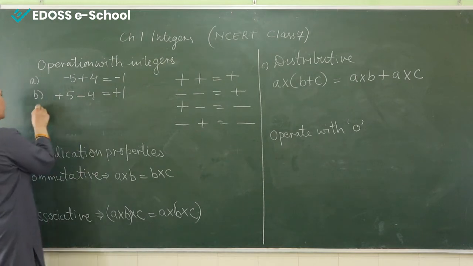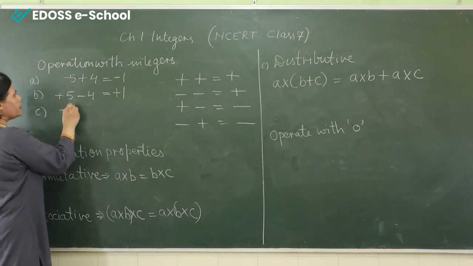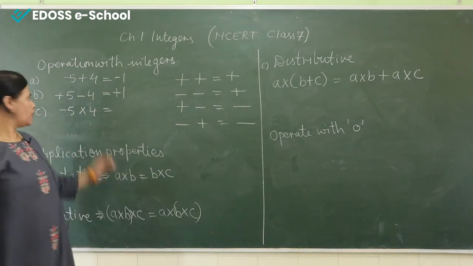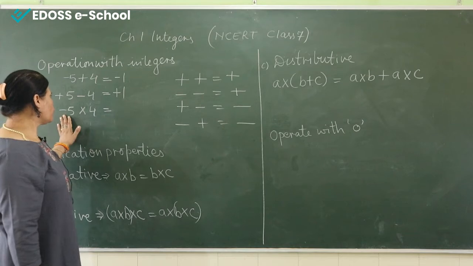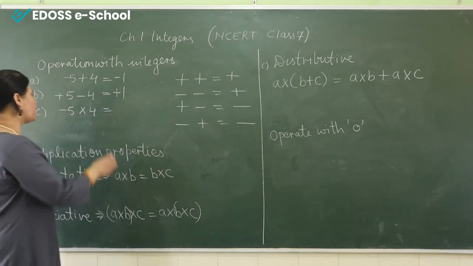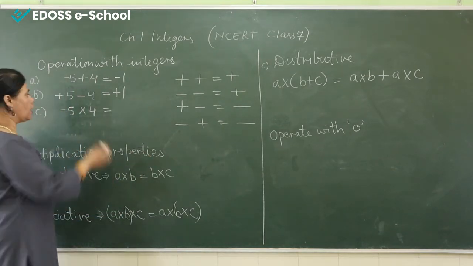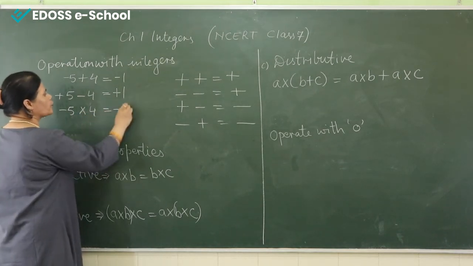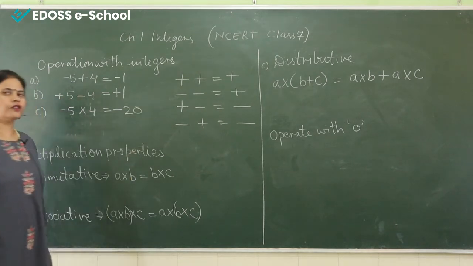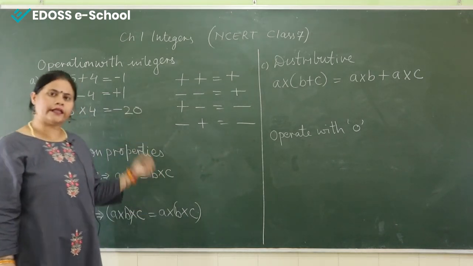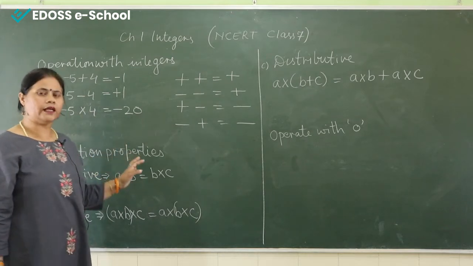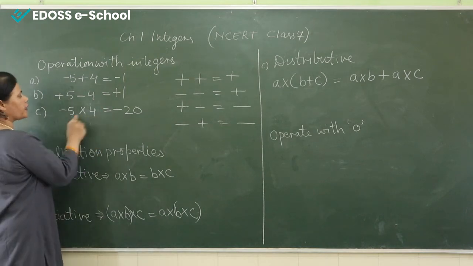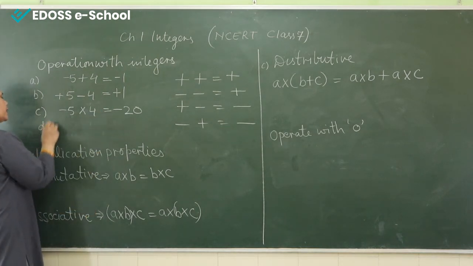Now come to the next operation. If we multiply minus 5 and 4, here it is a different method to solve them. First of all, when we multiply two integers, remember one thing, first we will multiply the signs. Minus times plus, because this is a positive integer, is minus, and 5 fours are 20. In this multiplication form, you will not write down the sign of the greatest number. You have to just multiply the signs as well as the digits. So here it is minus, and 5 fours are 20. That's it.